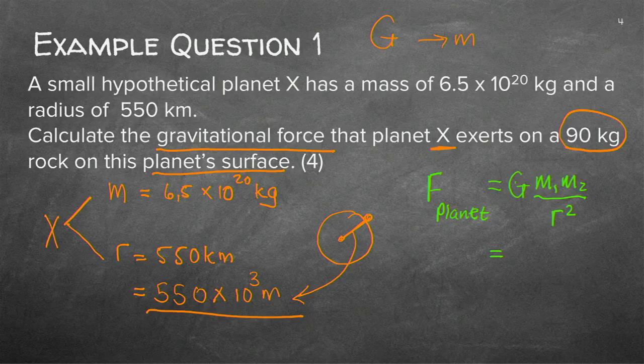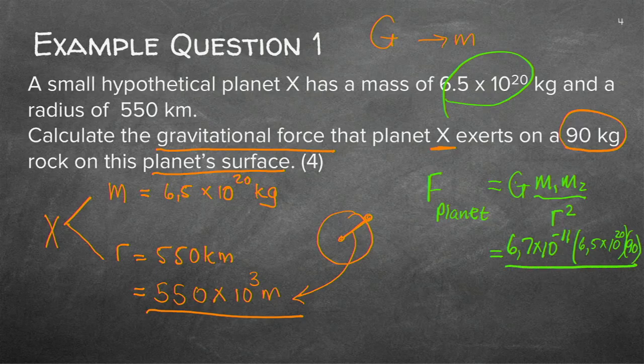What do I have? I've got G. Make sure that you've got the power as minus 11. I've got the first mass they gave me as 6.5 times 10 to the 20 times the 90. We know the rock is 90. The distance between them is, remember, we've got to work with meters, 550 times 10 to the power of 3,